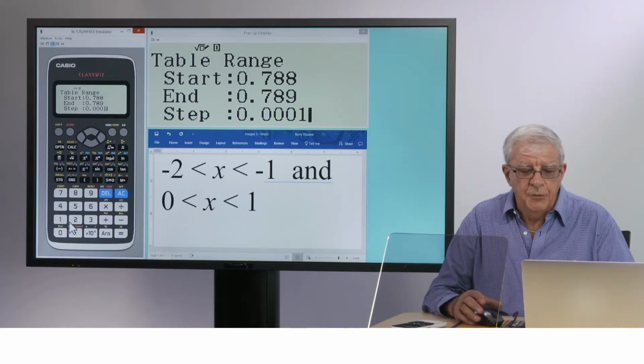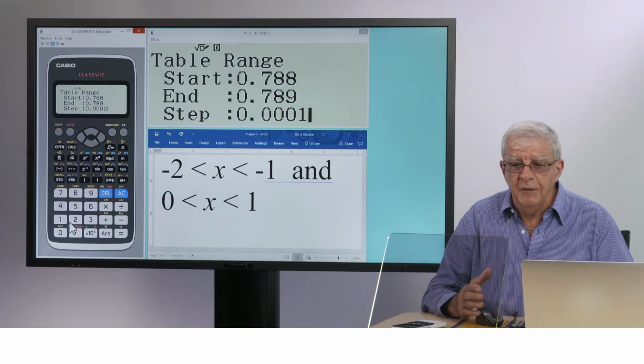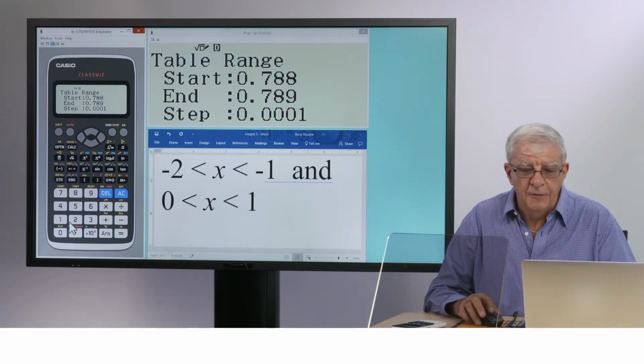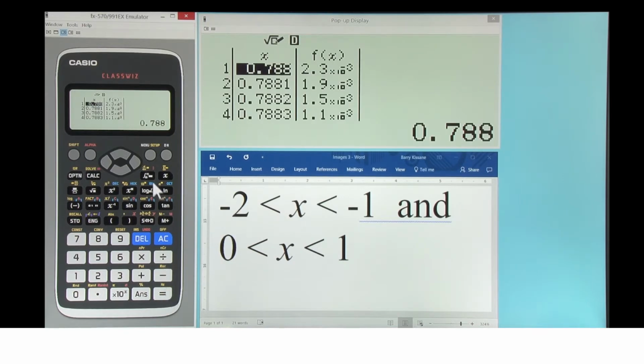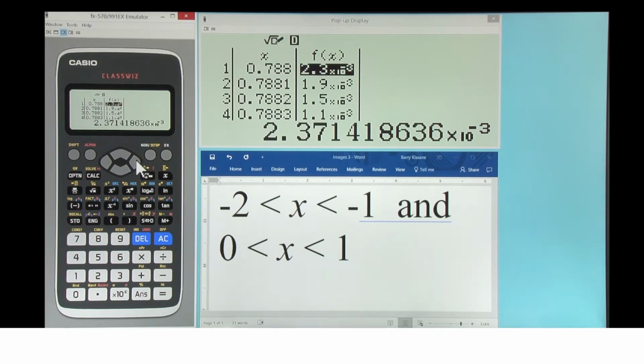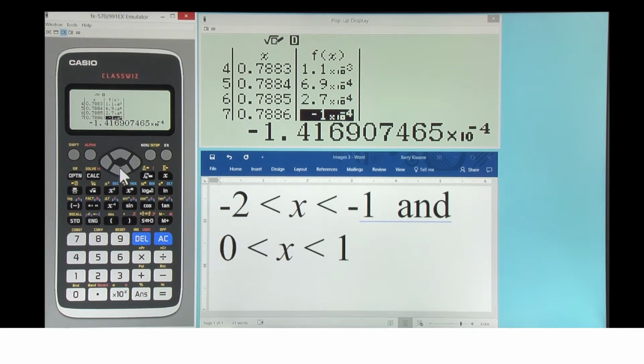So the root is between 0.788 and 0.789. We know the first 3 decimal places are likely to be 0.788. So let's do it this one more time. Here we go. And the results, you can see, are now all in scientific notation because the numbers are very small. They're close to 0. And we're looking for where the value changes from being positive to being negative.